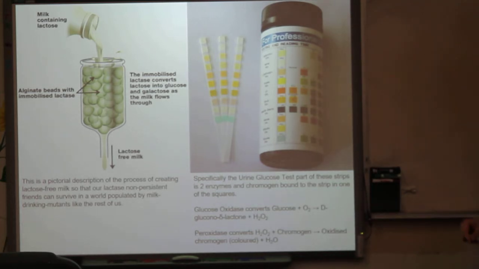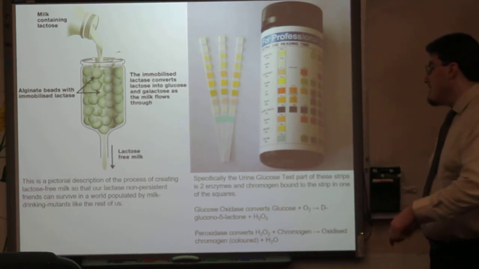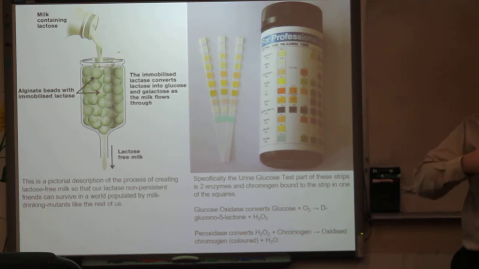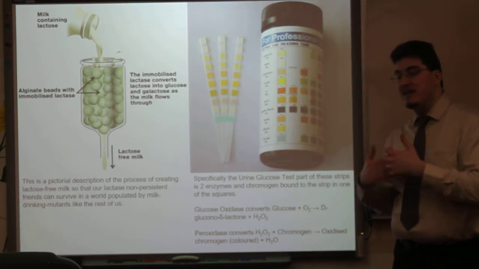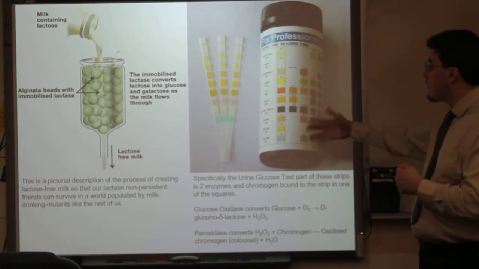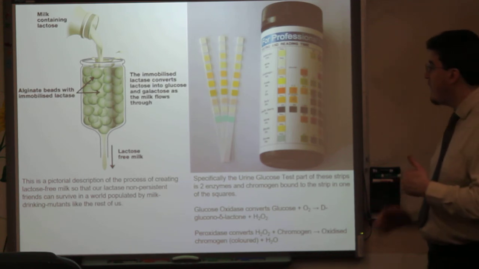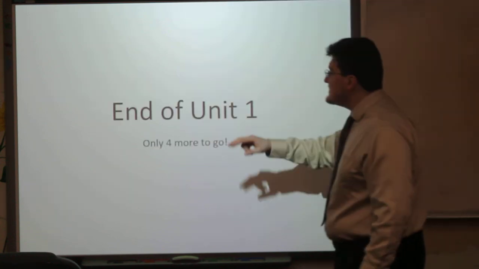The peroxidase enzyme is going to be H2O2 plus a chromogen, which is a color indicator. The more peroxidase enzyme interacts with H2O2, the more chromogen is activated and undergoes a redox reaction, and the more color change occurs. The darker this dipstick test will go, and you have different levels of glucose in your urine. So that's the end of unit